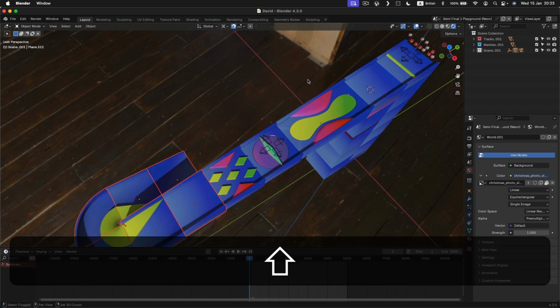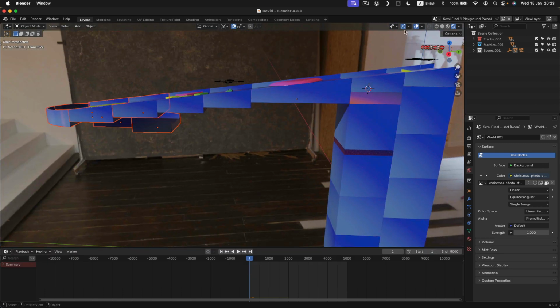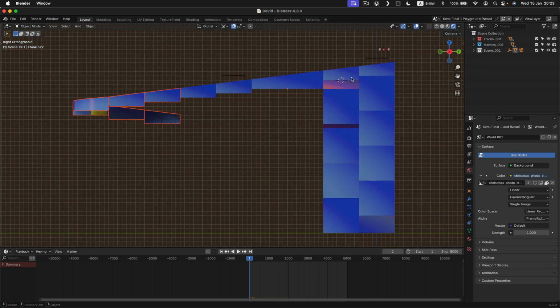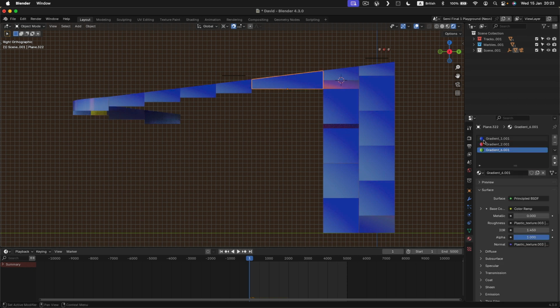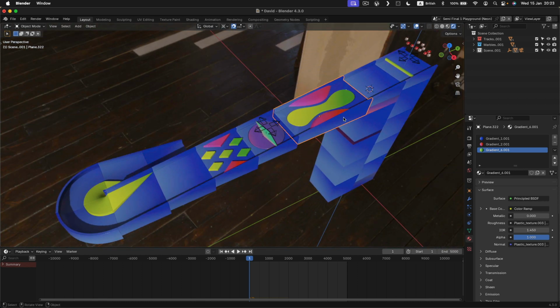Right, so as you put your maze together, and this is a problem if you're working with the Neon toolkit, you will notice that the colours don't look like one maze. Yeah, so we have this dark blue to a light blue everywhere. And that's because if we click on them and go to materials, we'll see this item here has